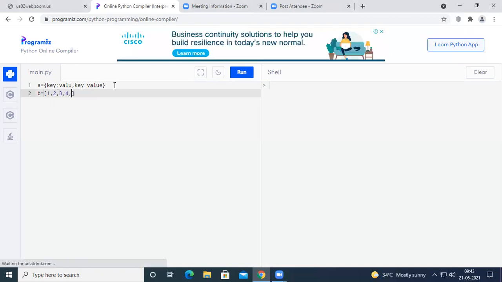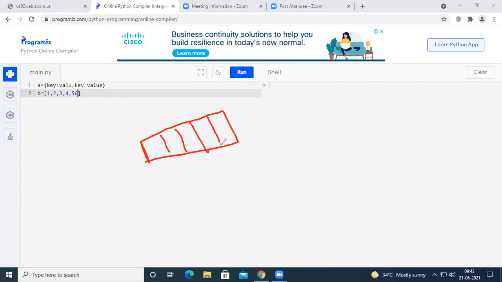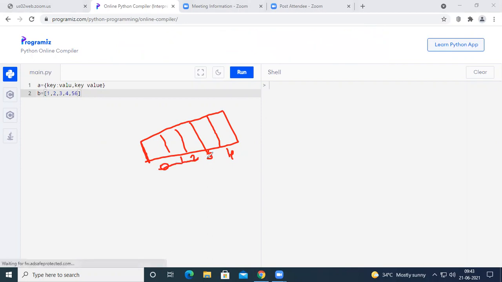If it has the values 1, 2, 3, 4, 5, then these values will have certain index values: 0, 1, 2, 3, and 4. These values are default, so they come by default in the case of list and also in the case of tuple. But these will not be the same in the case of dictionary.